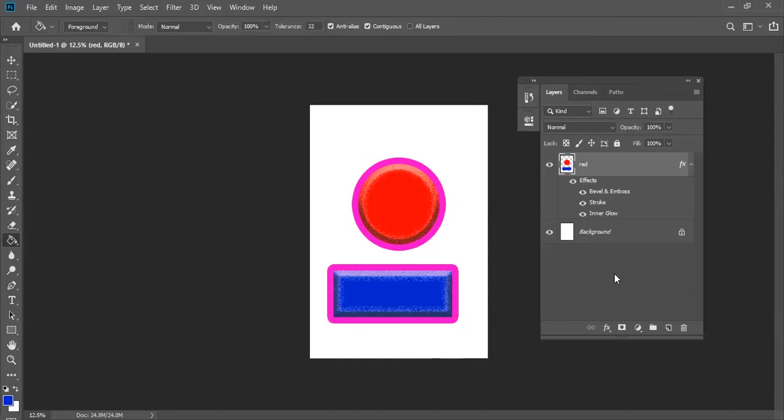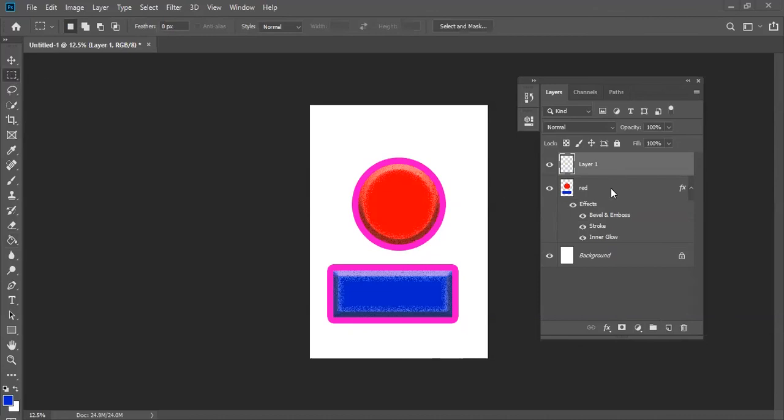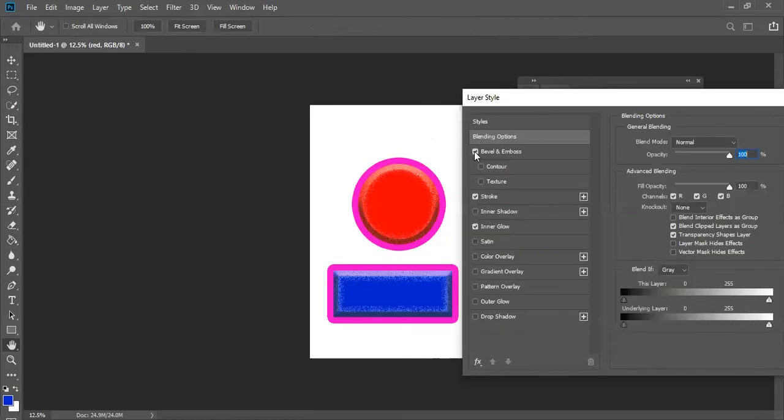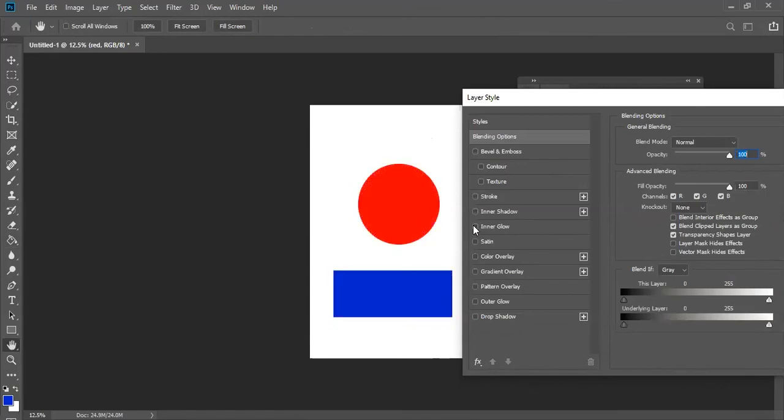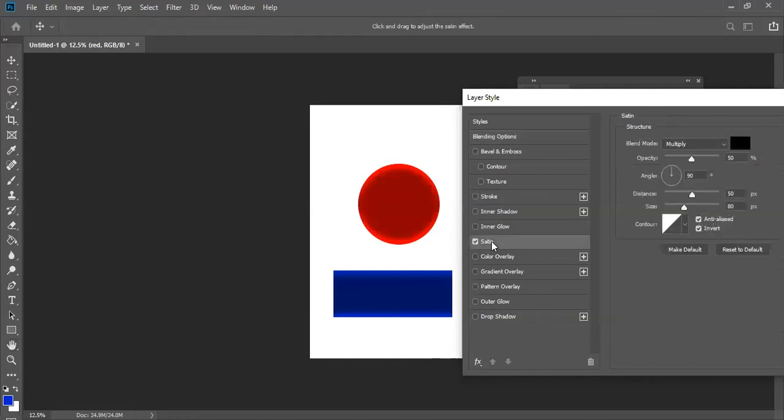Okay. So next one, I'm creating another layer. Or here also what I can do, if I'm double clicking, I can turn all of this off. See, in one object I have applied bevel and emboss, stroke, inner glow. That means multiple effects you can apply in one object. Satin, when you're clicking satin, it will come like this. If you want to get more options here, you need to click here. And you can adjust the size, see, angle you can adjust. There's a lot of things.